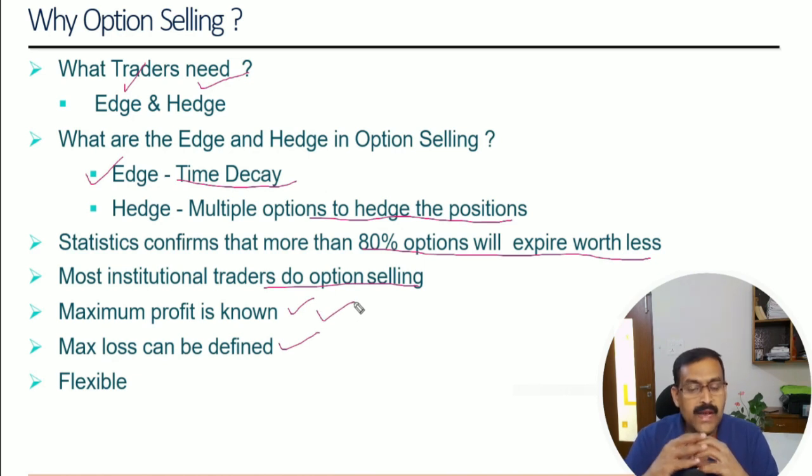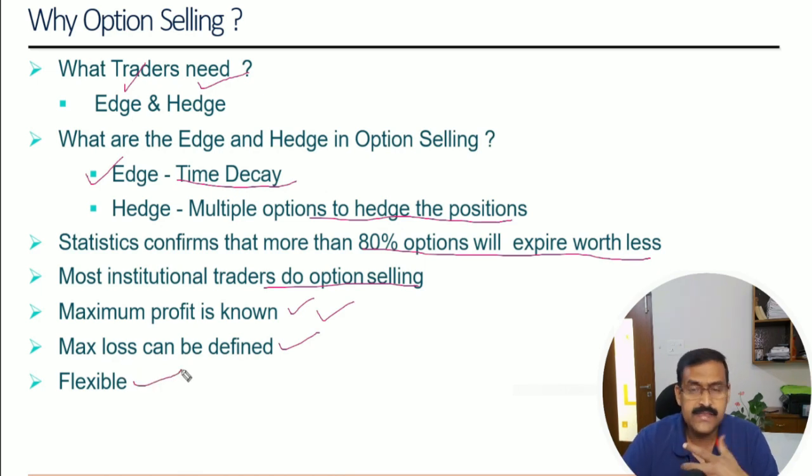In case of option buying, the maximum profit, we can say, is unlimited, but what is the probability? It all depends on how good is your setup and how fast you are to take action. So to make money out of option buying, you definitely need a sophisticated setup and a quick action. So that is why it is more difficult to make money in option buying than in option selling. I'm not saying option buyers will not make money, but definitely you need a sophisticated system and quick action to make money out of option buying.